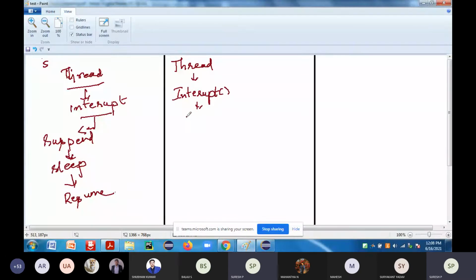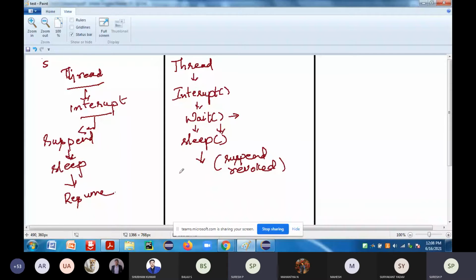In the wait state, your thread should be sleeping. Next, once the suspend is revoked, what do I need to do? I have to rejoin, or join, the thread.